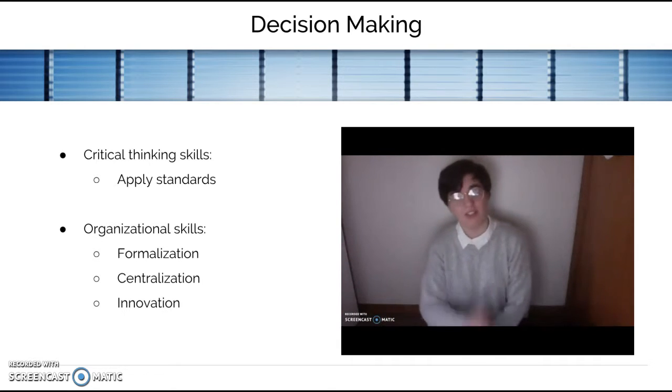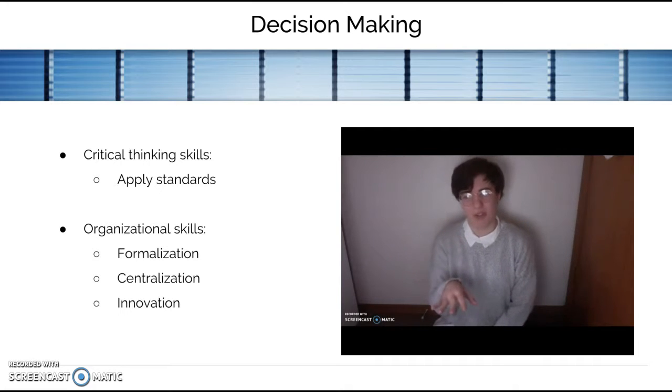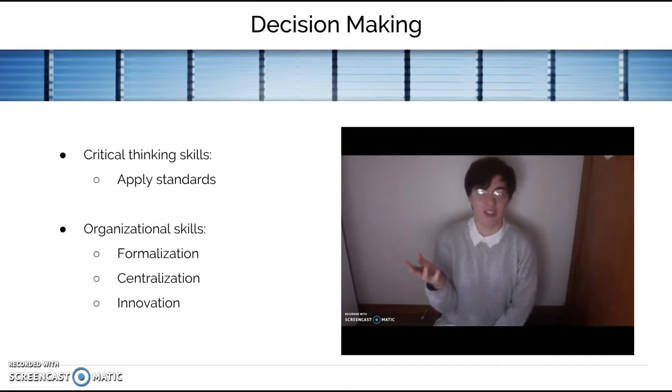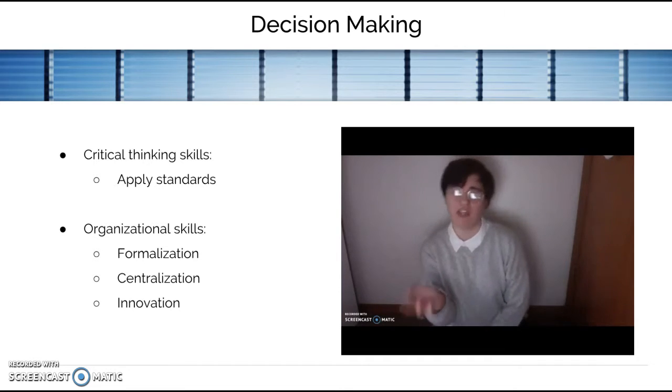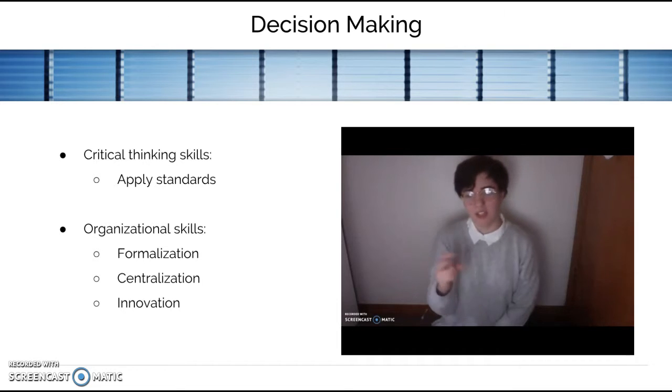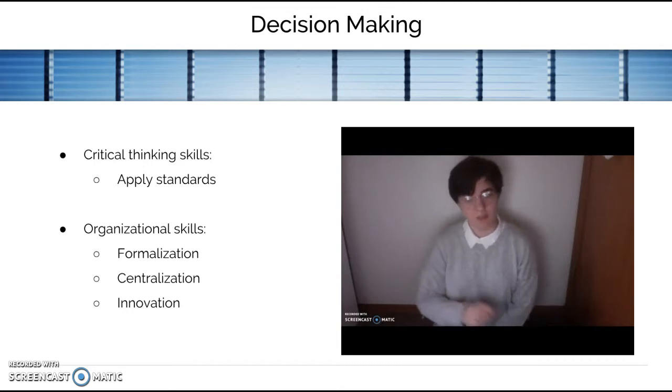3. The higher the degree of the organizational formalization, the slower the organizational decision speed is, and that means the slower the degree of the organizational innovation is. When you're decision making, you want to make sure that you're not going too slow with deciding. You want to be at the right speed in order for your team to decide as well.